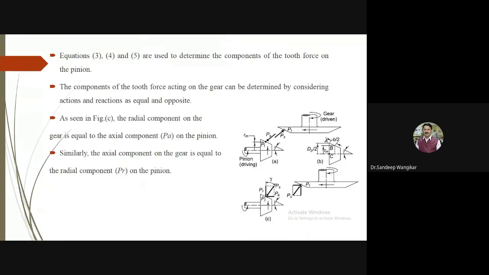Now, the last point of this is the force analysis. By using these equations, we can easily calculate the two forces. Now, let us go for the analysis only for pinion, and the opposite of it we will consider for gear. So this is the pinion, this is the RM, point P, the mean radius. Here it is shown PS, and PT is not shown. PT we cannot show here. PT is perpendicular to the plane of the paper.